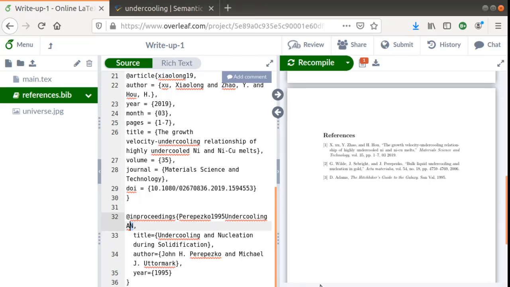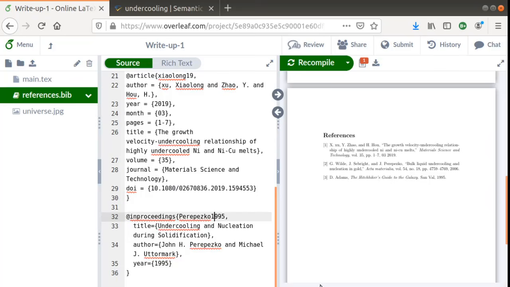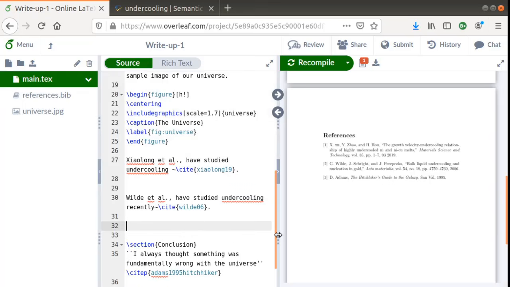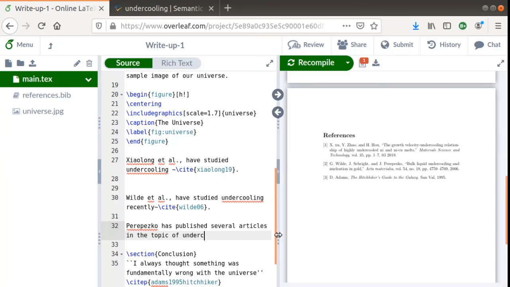Now the nickname is a bit long, so I would shorten it to Perepesco 95. Okay, and come to the main text, and we now make a reference to that. You can say that Perepesco has published several articles in the topic of undercooling.